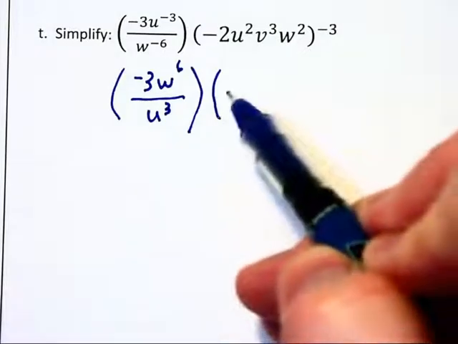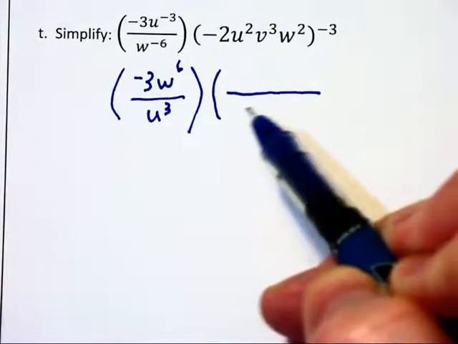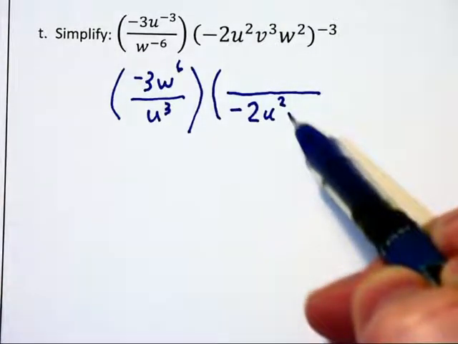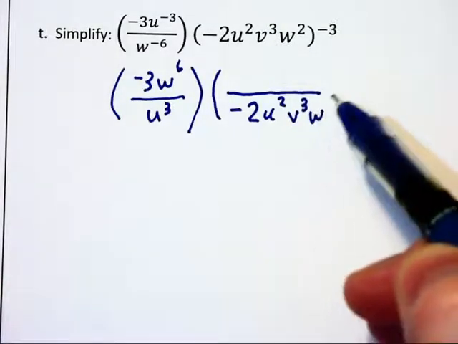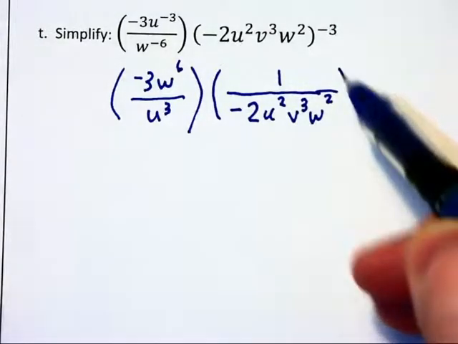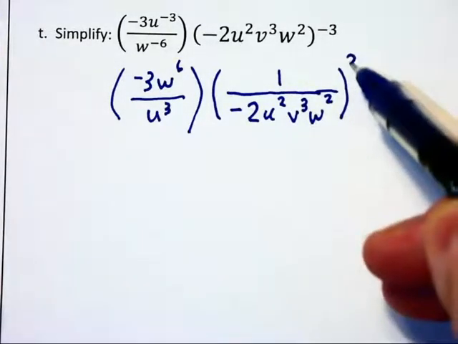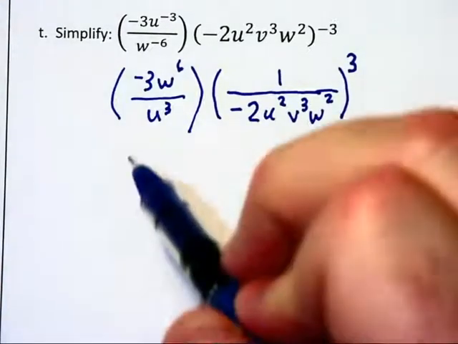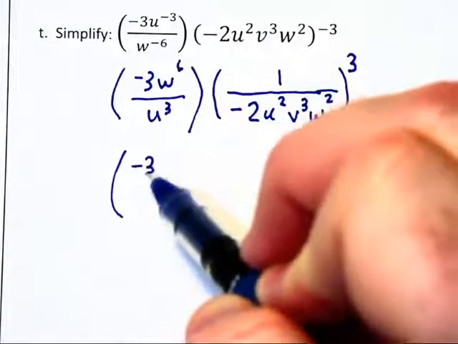I'm going to move everything down to the denominator, negative 2u squared v to the third w to the second down in the denominator, keep the 1 as a placeholder up above, and only have the third power to work with. I'm not going to change anything in this first parentheses,